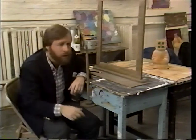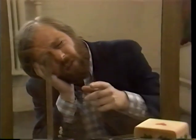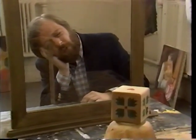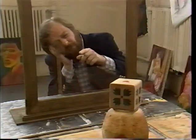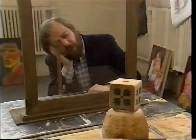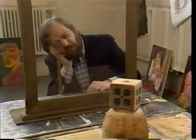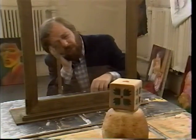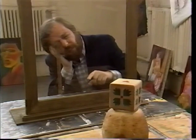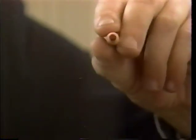In order to use one, I have to close my left eye, rest my head in my hand, and keep my right eye fixed, so that I can look at the subject that I want to draw through this vertical sheet of glass. Now, a straight line coming from the subject to my eye represents a ray of light reflected from the subject to the eye. So the intersection of that line with the sheet of glass corresponds to the apparent position of the real point of my subject. Okay, now if I can keep my head fixed and mark on the sheet of glass,